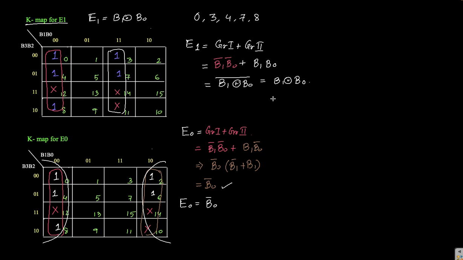Now the main thing is how we can express the BCD into the XS3. First you have to write down the logical expression. So, the logical expression: E3 is what? I think E3 was